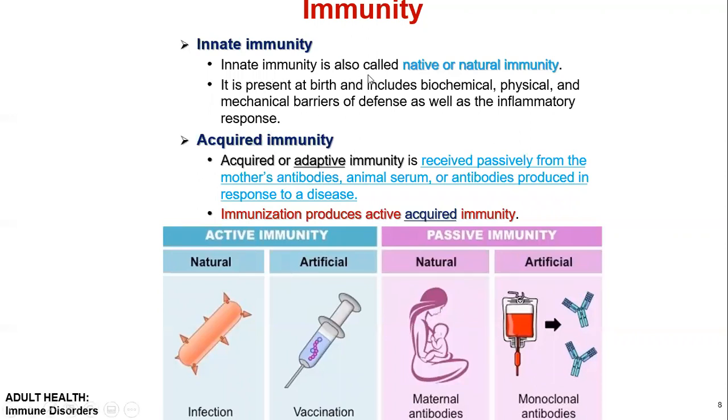Innate immunity is also called native or natural immunity, and it is present at birth and includes biochemical, physical, and mechanical barriers of defense as well as the inflammatory response. So innate immunity is the non-specific immunity,